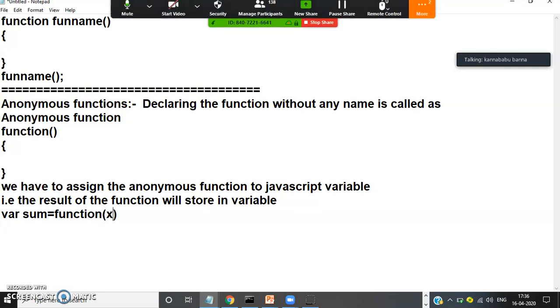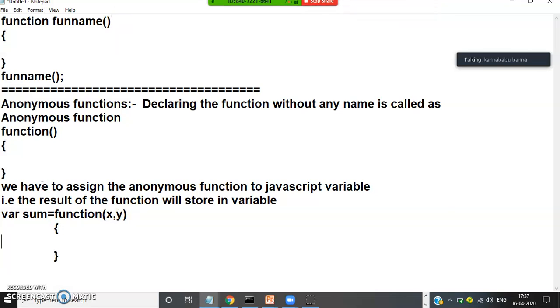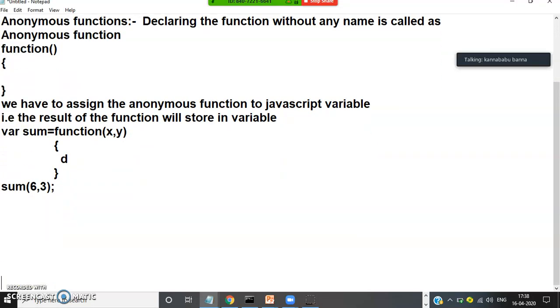This function will take two inputs, x comma y, and in this function I will return, or simply print, document.write of x plus y. Is it clear? So how to call the function? By using this variable name, and here you can give the input values 6 comma 3. This is called an anonymous function, a very powerful function in our jQuery.